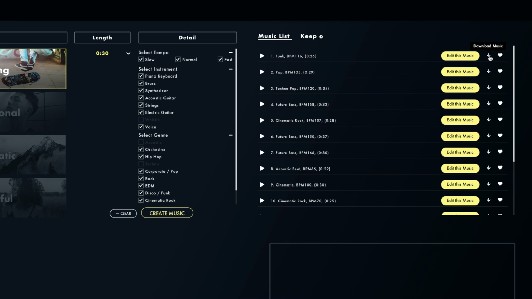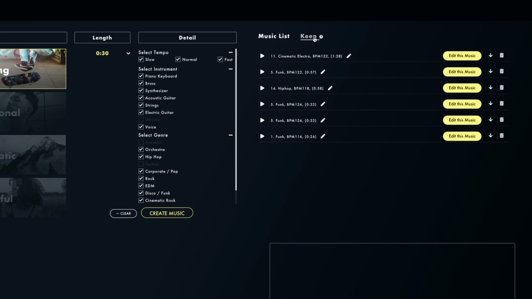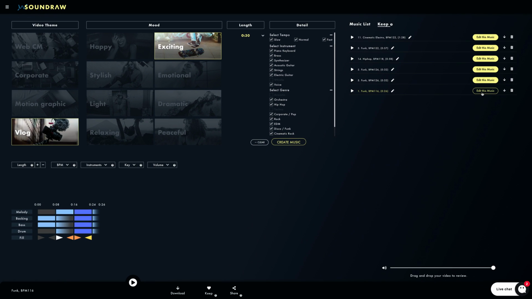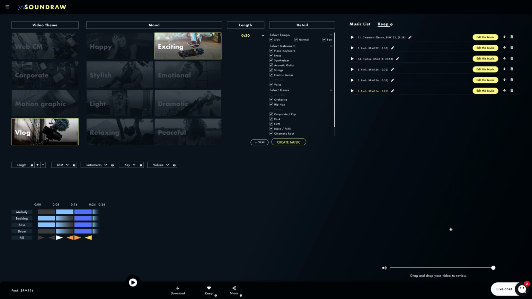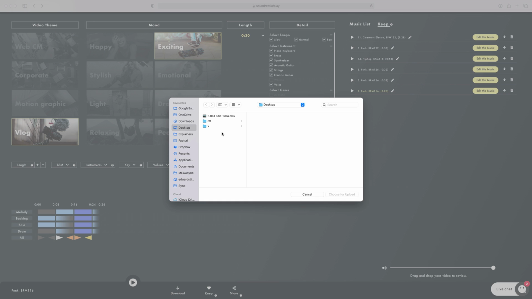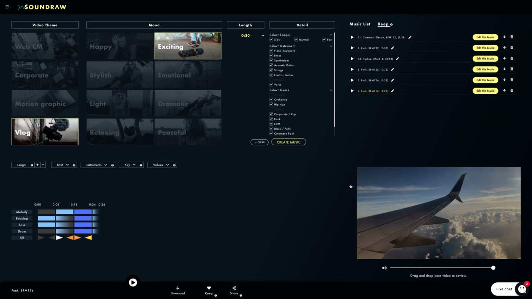You can do a couple of things. You can click this button to download the music file directly and start editing. You can add to keep, which is basically here a sort of favorite. Or in our case, which is what I'm going to do, is you can edit this music. And now you have a couple of blocks here that you can edit. And a video preview here to see, you can actually upload your own video here to see if it works with your music. So let's just upload our quick random video that I put together and let's see how it goes.